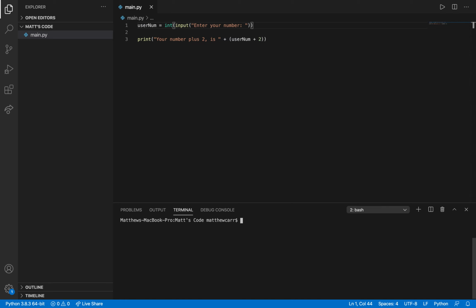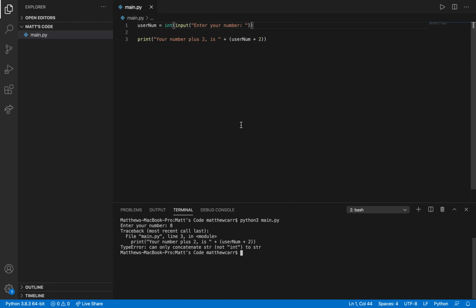Okay, so let me clear this. I'll pause it here, and you may see another issue coming up. Enter your number, 8. There's a problem here. Type error: can only concatenate string, not integers. So this here, we don't have a problem.